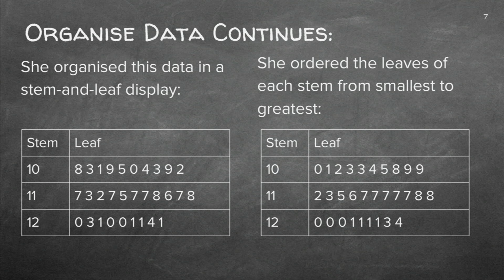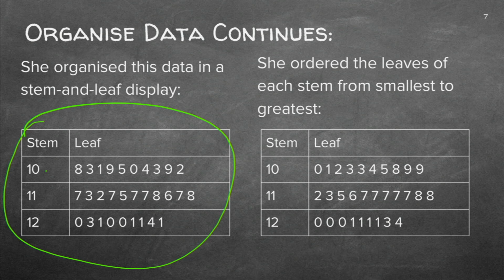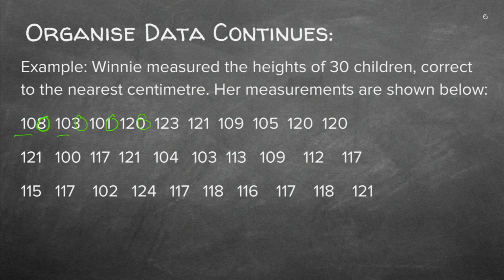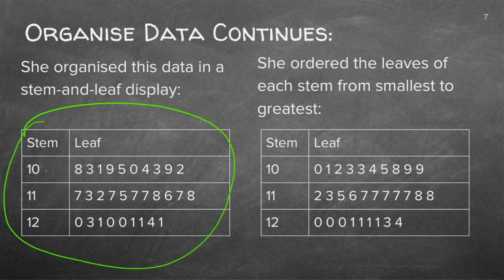We based it on a 10 as a stem, or 11 or a 12. Once we've done this, we just follow this format. There's a 10, there's a 12, there are more 10s, there's a 11. So we're just going to put each under the 10, 11 or 12, and the single digit will be part of the leaf display.